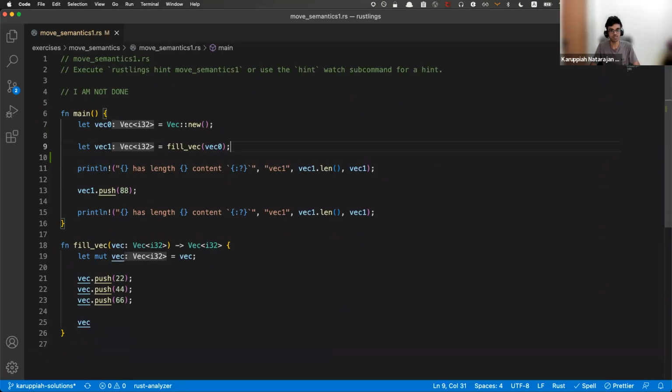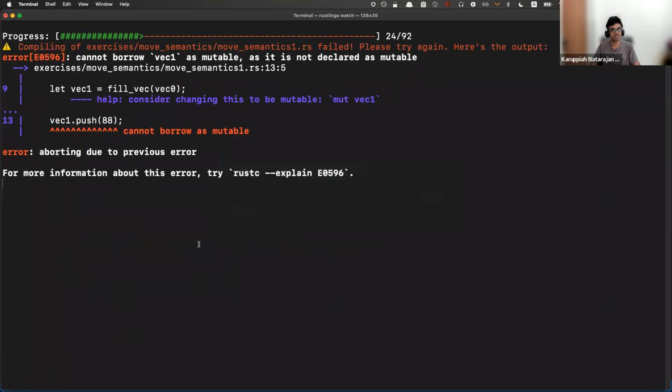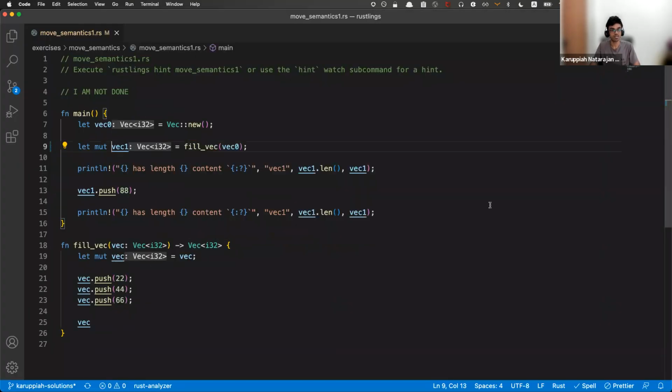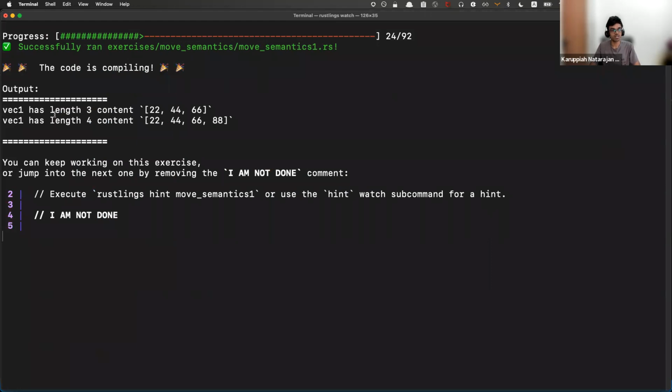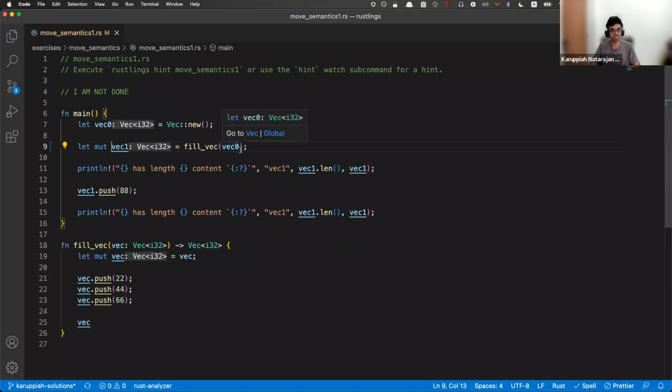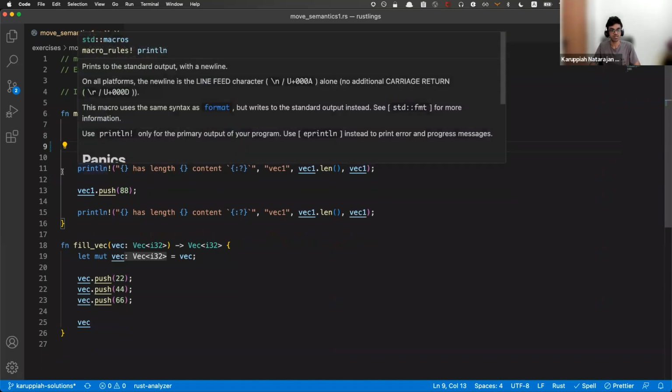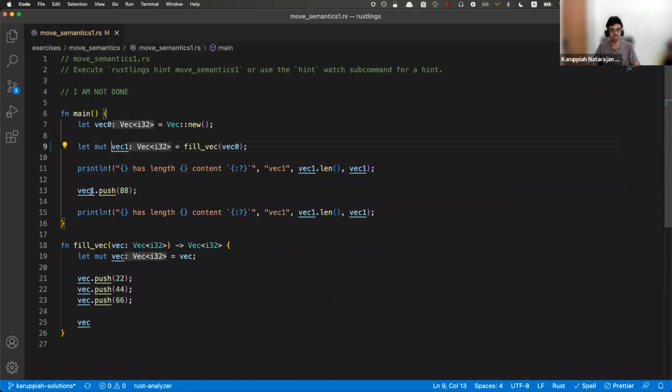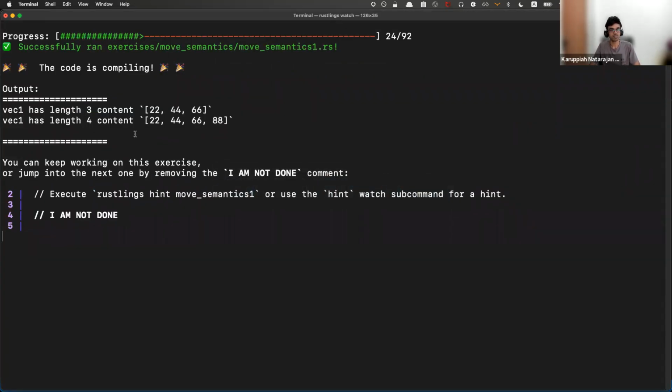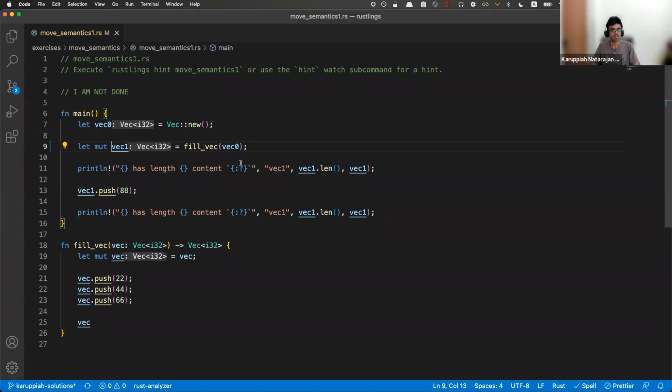Cool. So I'm going to go ahead and remove this one. I'm going to probably just do mutate. Let's see if it works out. Yep, it does. Awesome. So vector 1 has length 3: 22, 44, 66. And then 88 after you push. It's a mutable thing, but if it's immutable, if you don't do these, then it's fine, I think. Yep, awesome. So I think that's all we can do in this